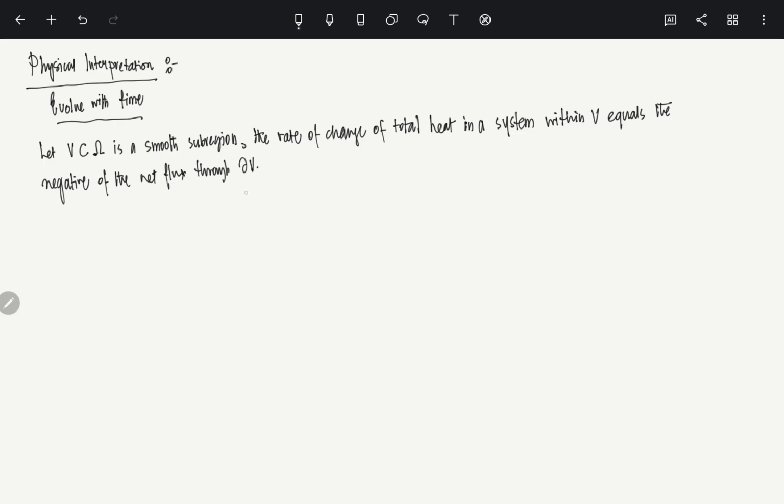So basically, let's think of it as a room, right? Now the thing is this: if you want to find out how the room temperature is changing, that will depend on how much heat is flowing in or out of the room, right? So essentially that is the whole thing. So here also it is saying that if you take a small region V, the net influx from the boundary actually determines the total change in the system. That's the point, right? Okay, so if F is the flux density,